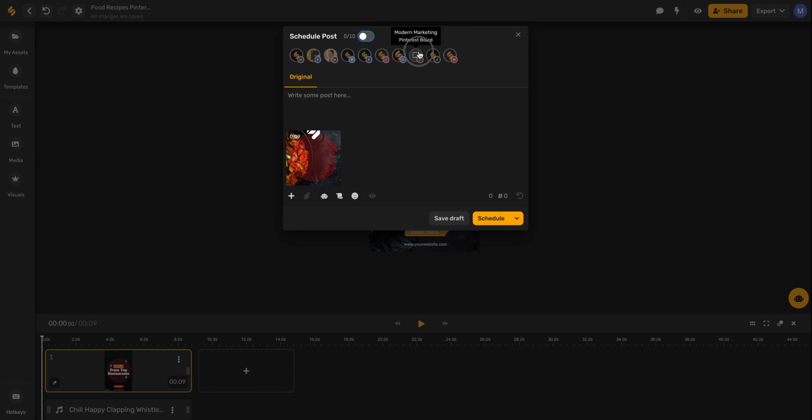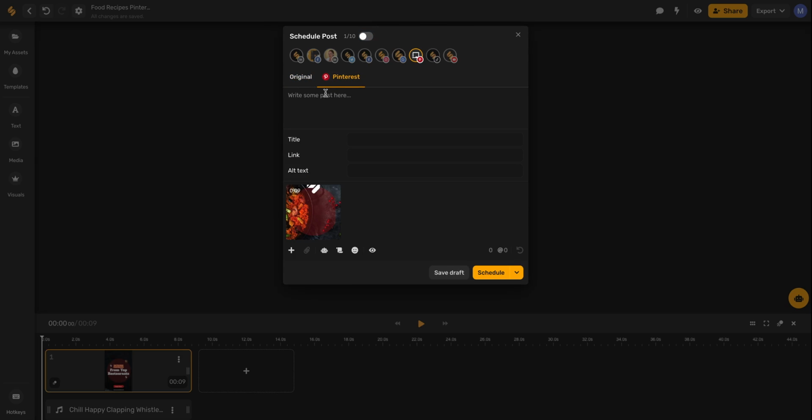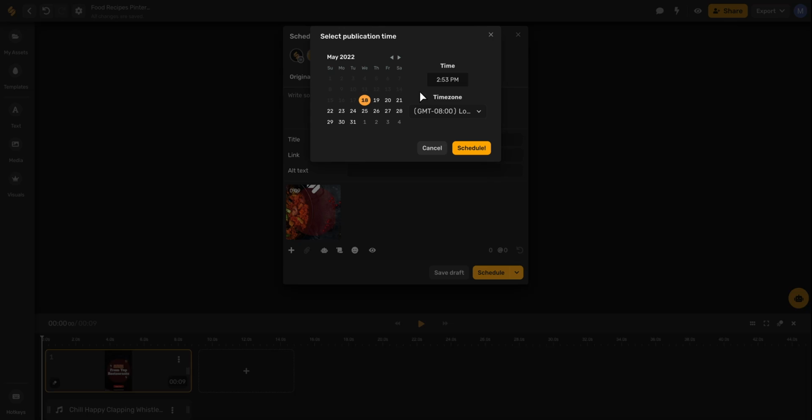You can select your Pinterest account from your accounts up here at the top, write in your caption, and then title it, add the link that you would like to send your followers to, and then put in some keywords for your alternate text. Once you're finished, you can choose to save it as a draft or schedule it directly